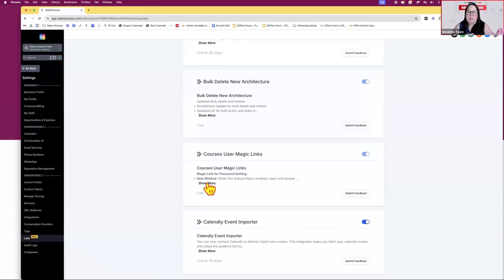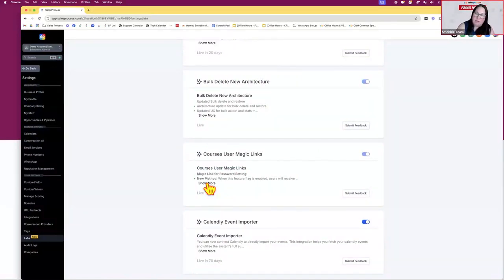The system will send out an email to anybody that you grant access to a course, and it will say, click here to set up your password. They'll click, put in their new password, confirm it, and then it will take them inside the course.